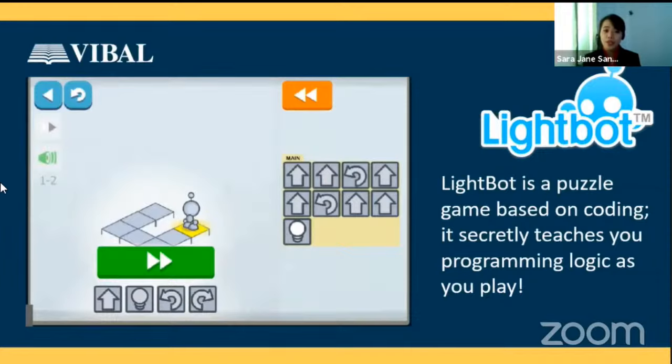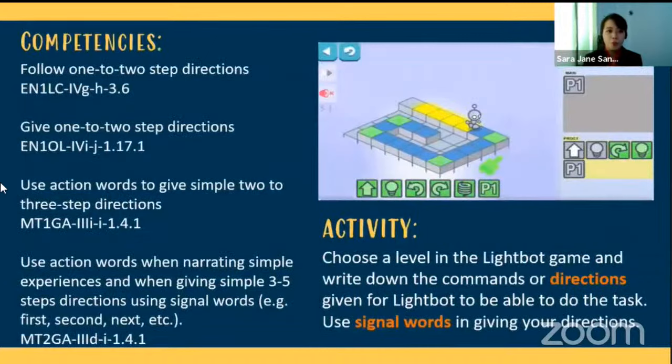Now, the question here is, how can we use it in our lesson? Now that we know how to use it, it's really just a game. How can we integrate that in our subject matter? Now, for example, I have here one activity.